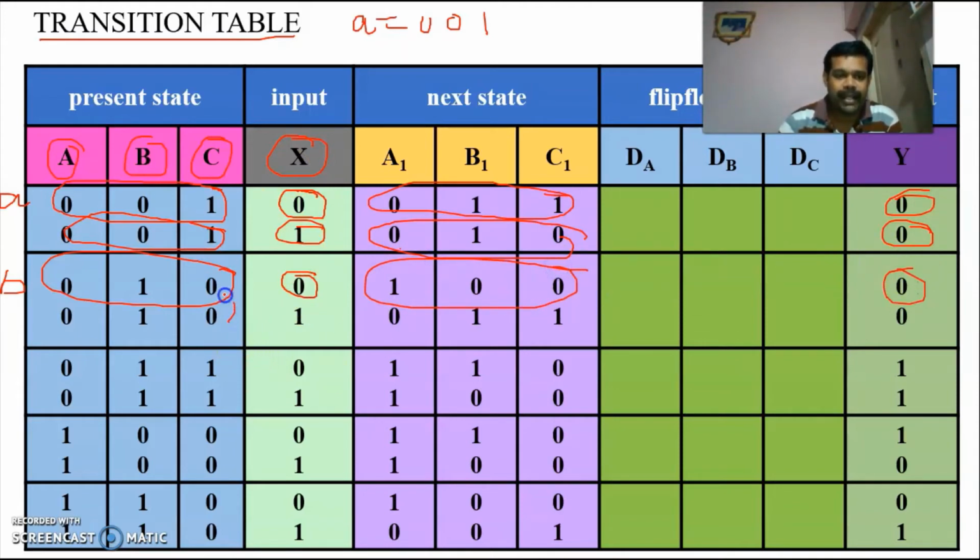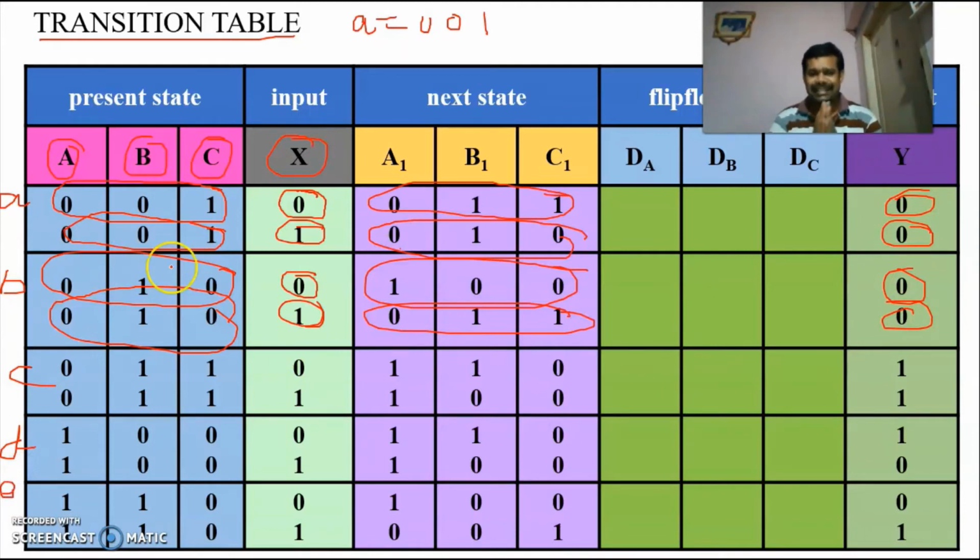Similarly, when you are in state B, that is 0 1 0, and when you are providing the input 1, it is going to C, that is 0 1 1, and the output is 0. Similarly, you have to write it for C, D, and E. This is nothing but